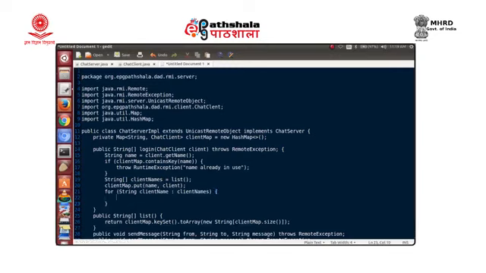To get the client, we have client map dot get, using the client name. This will get us the remote client object, and on that we indicate that this is a new person who has joined. The name of the new person who joined is the name. So, we are passing the name of the new person to all the clients.